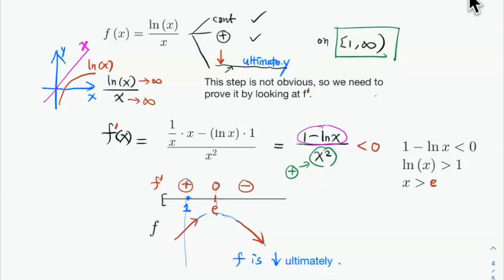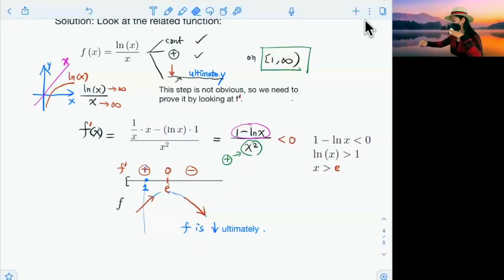When the first derivative is positive, the function is increasing. When the first derivative is negative, the function is decreasing. So f here is increasing on the left of e and decreasing on the right of e. Right. Now the index here starts from 1. So that means